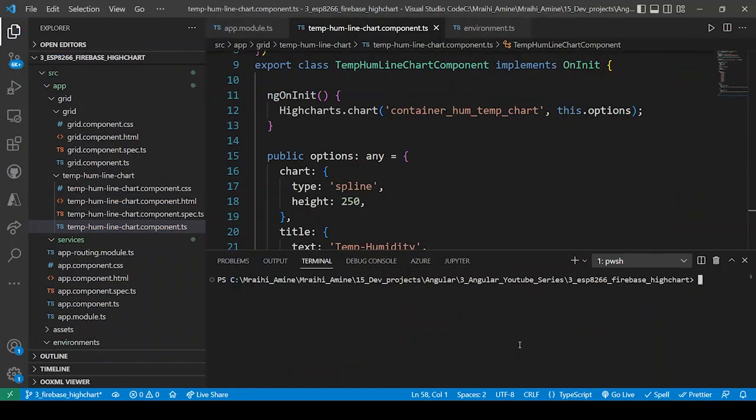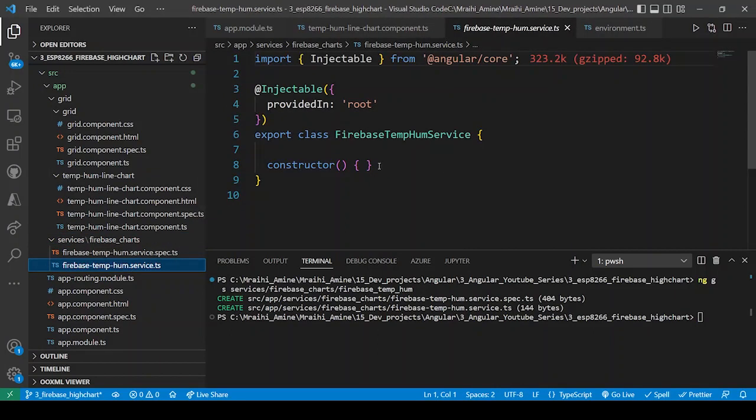And now we are going to create a service that will handle our connection with Firestore in Firebase. In order to do that, we simply use ng generate service, and the folder that will contain our service, which I will call services, and then one subfolder that I will call Firebase charts, for example, or temperature humidity charts. Then the name of the service will be Firebase temp view. Okay, it is created,